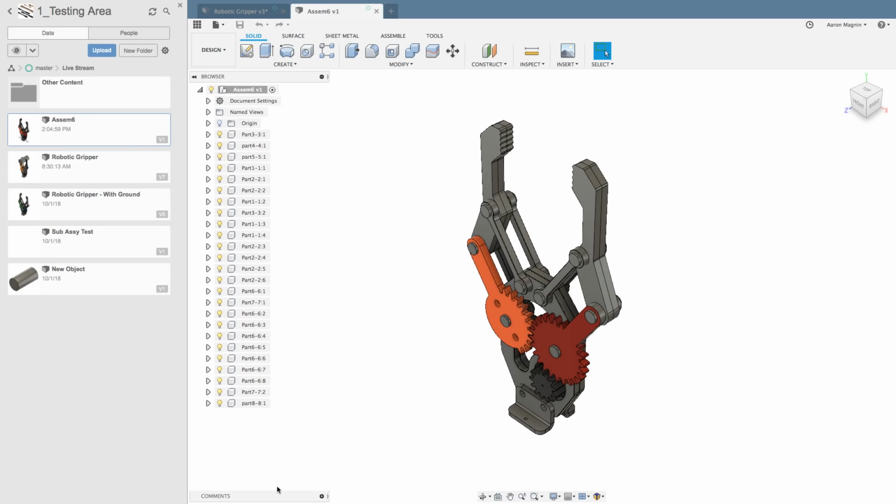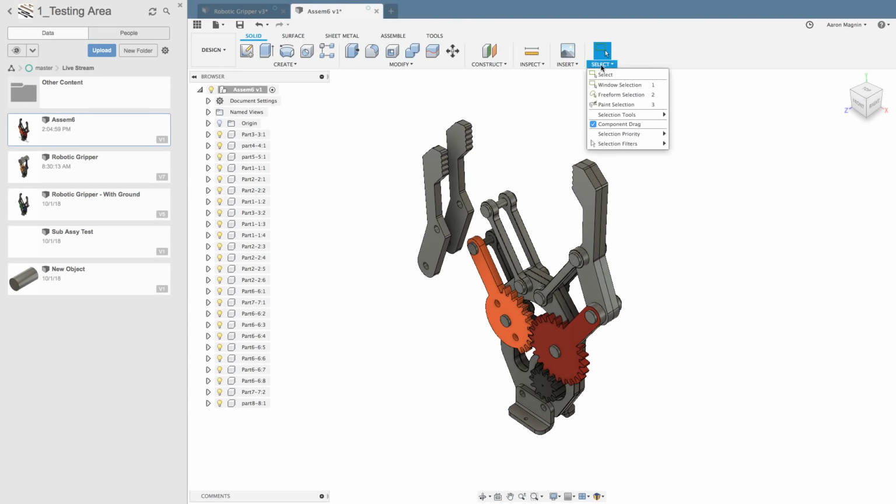Things like the history are missing from the bottom, and if I try to do things like click and drag, it is actually allowing me to do this. That's not really the typical behavior that you see when you're working with a history-free model. The reason why it's doing this, or allowing me to actually do component drag, is I have this option toggled here in my selection tools over here. So if I clear that, this is kind of the default behavior. If you've imported a model, the history's gone, and you won't be able to click and drag things like I'm